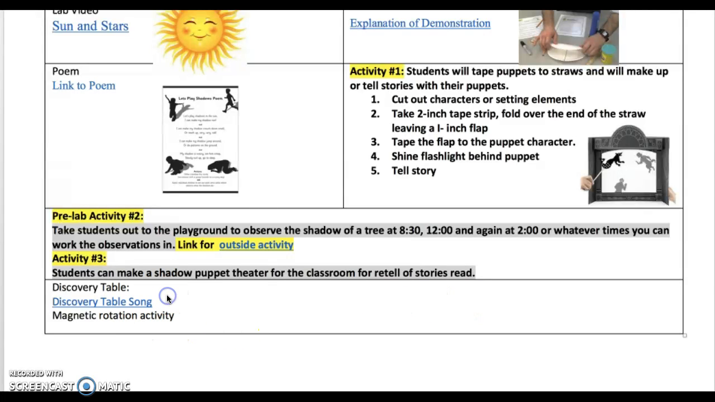The discovery table is outside my office. We'll have this song going, and then it'll have a magnetic rotation activity. So it's going to be a lot of fun. The kids will love this. I think it's a cool idea to build